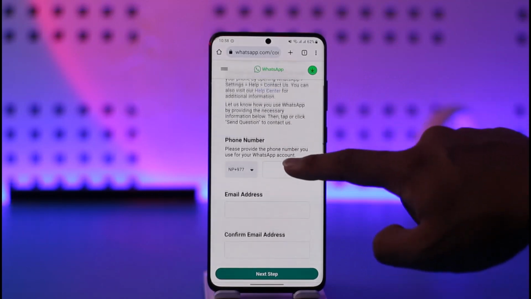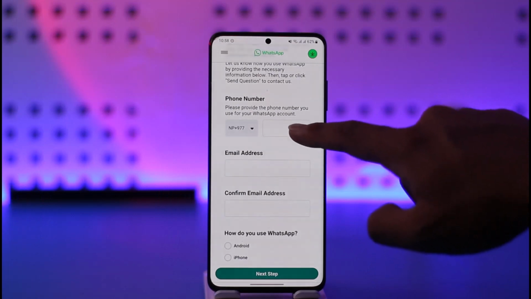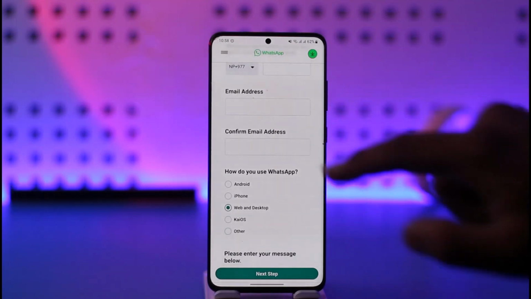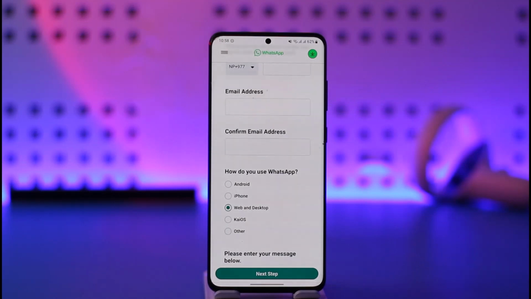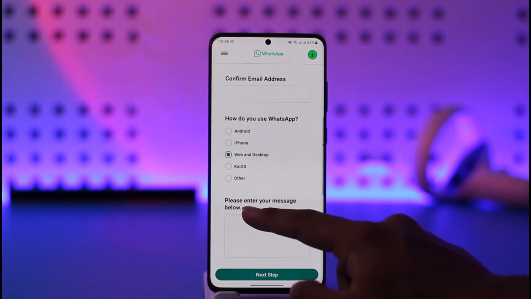Now under it, over here you can see, to better assist you, contact us from your phone. So all you have to do is you can simply make sure to enter your phone number here. Once you enter your phone number, enter your email and re-enter your email address just to confirm it. After you've done that, you can simply select on what platform you use WhatsApp, and now in the message box